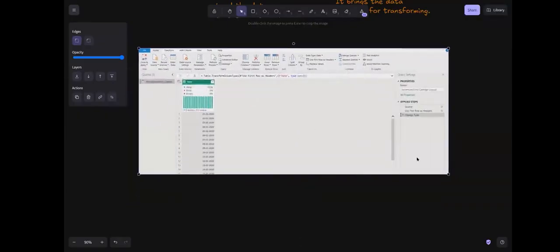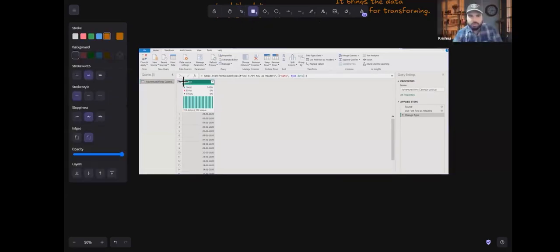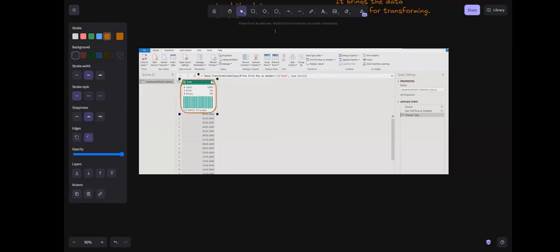Sir, on our screen we cannot see those bullets like valid, empty, error. I'll let you know how you can get this. Ignore it for the time being. Are you guys coming up with the Power Query Editor? Everybody has come up here.